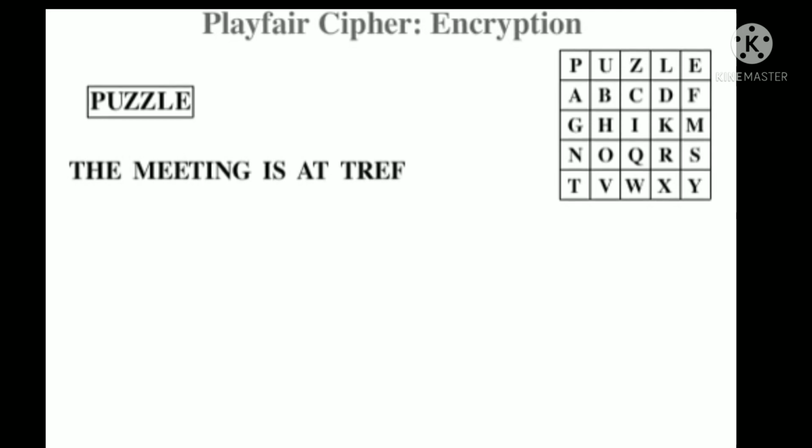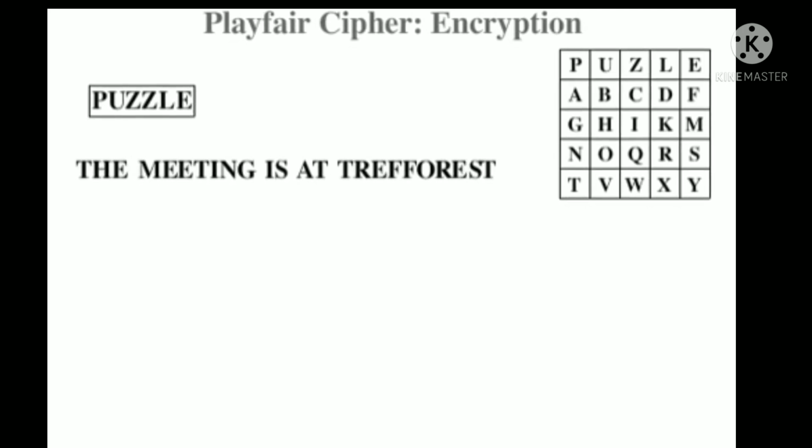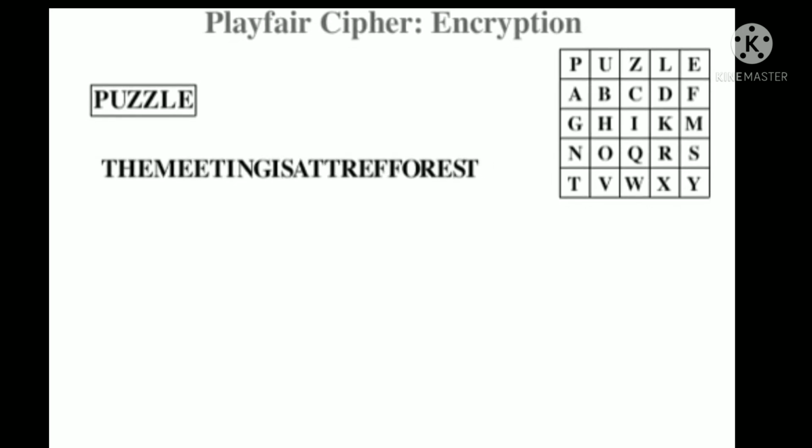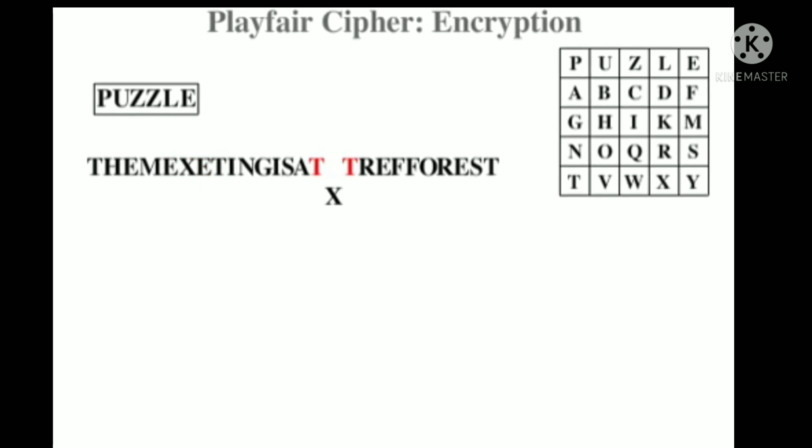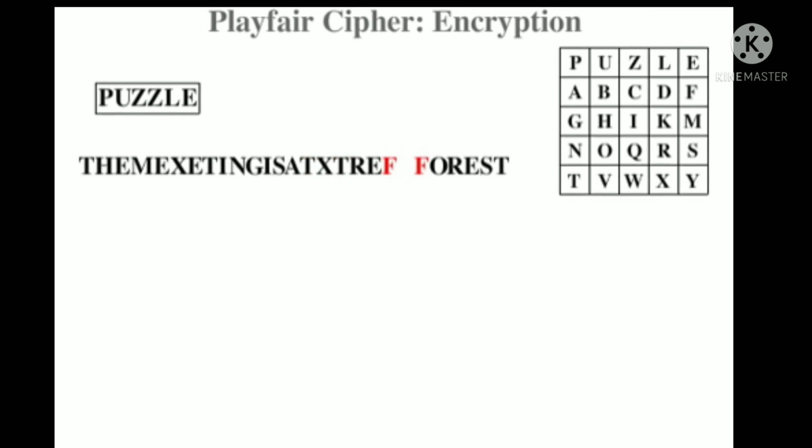Alice wants to send Mark a message. The meeting is at 3 Forest. The gaps in the words are closed, and wherever there are two letters the same together, they must be broken up by adding an X between them. These are the rules of